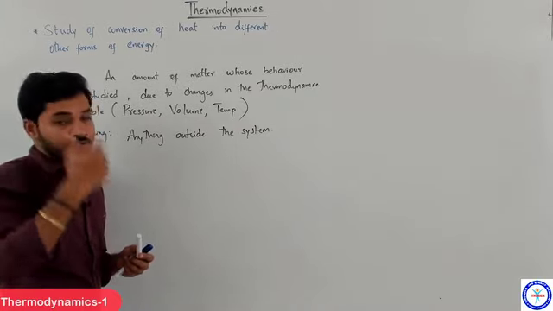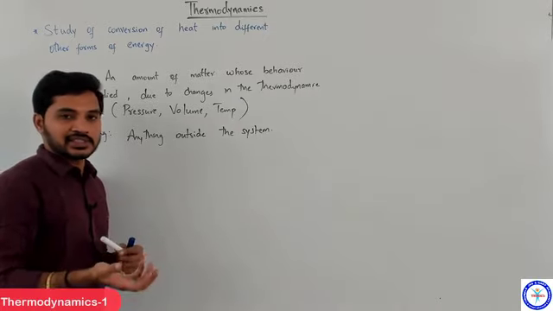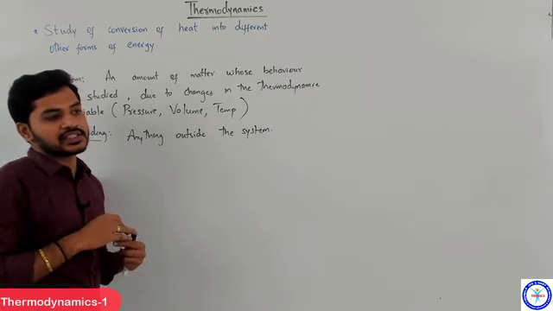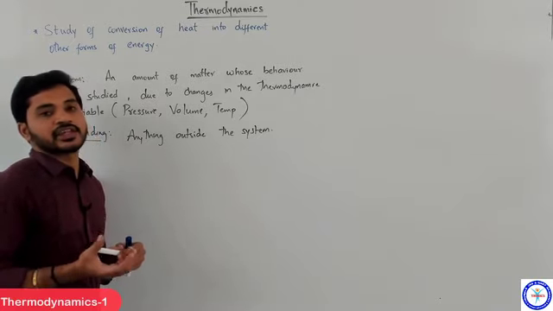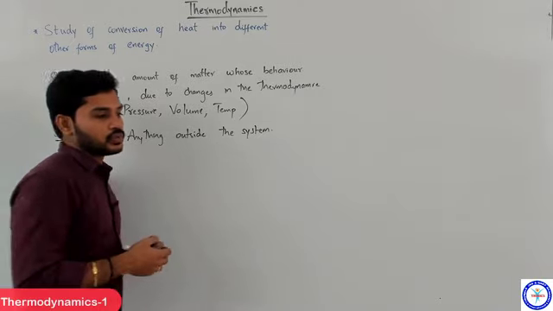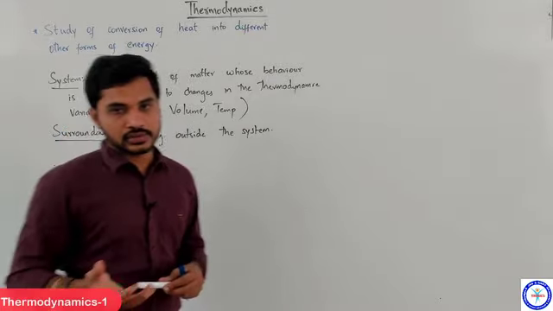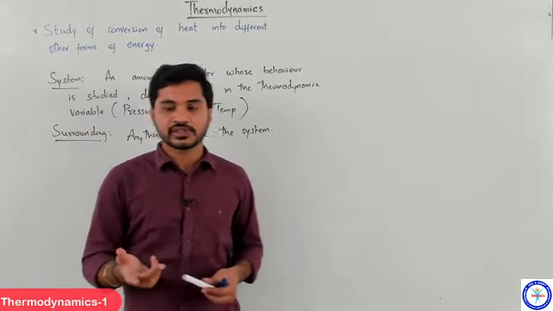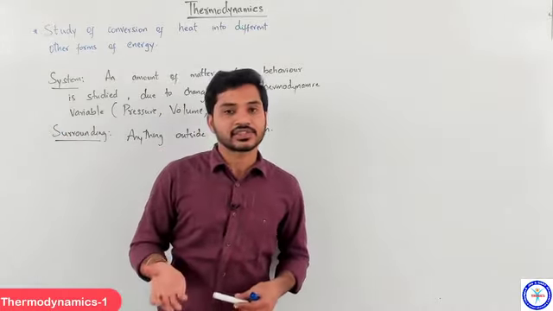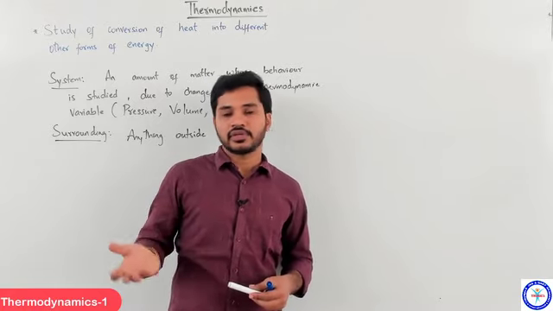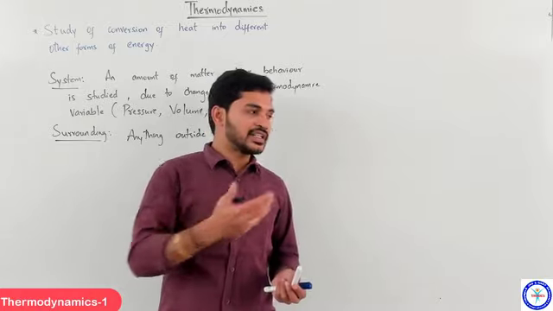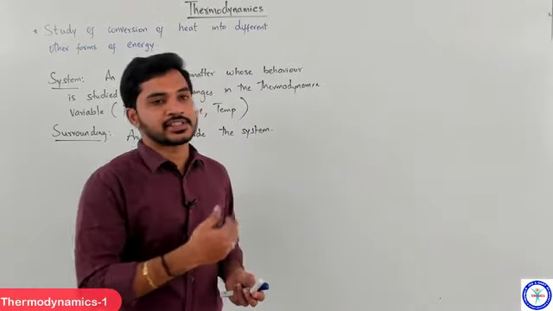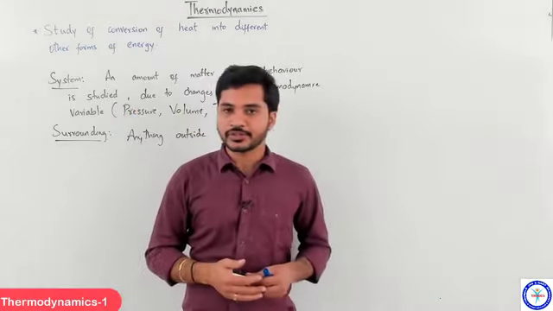Okay. So as I told you, we basically talk about what happens to the energy, especially the heat energy that we are giving to a particular system. How is it utilizing that energy? See, we have already discussed earlier in calorimetry that whenever you give energy, heat, to a solid, it can utilize that energy in two ways. One is to increase its own temperature. Whenever you need to increase the temperature, it means you need to increase the internal energy. You know that the internal energy of a substance is directly proportional to its temperature, yes or no?